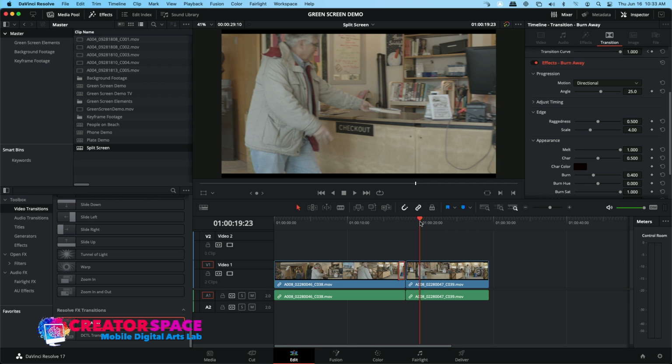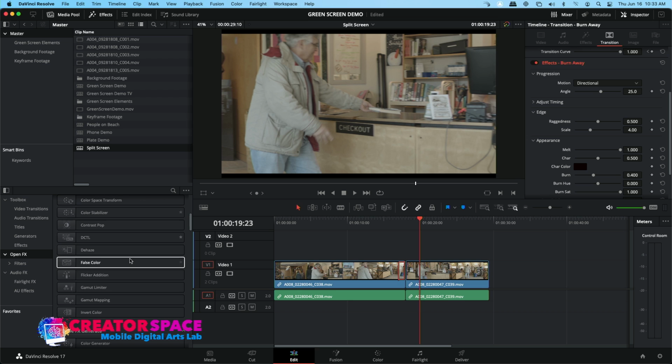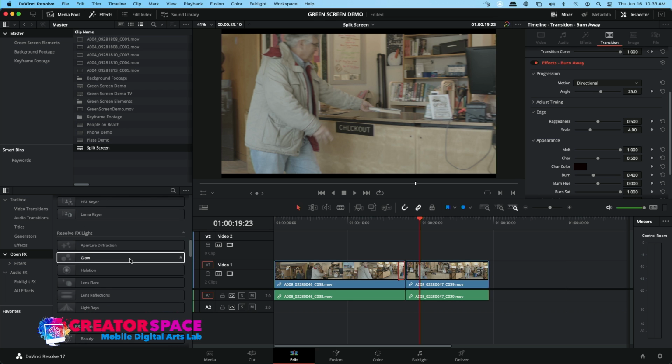And now it's really simple. We can do it with a click of a button. We can make things black and white. We can make things, do different things. So I'll go over here to Open Effects, and I can do things